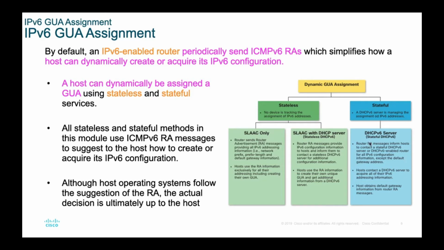To explain that, I would like to go to the stateful DHCP server first. For a stateful DHCP server, everything will be configured by the server. The server will keep track of what your IP address is and so on. But for stateless with the DHCP server, the DHCP server will not configure the IP address, but the IP address will be configured automatically through SLAAC, but the other info, like